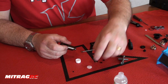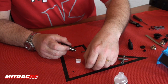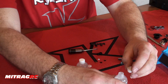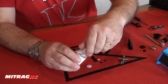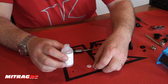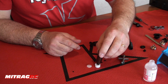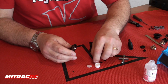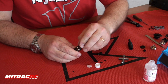and the rear piston is angled 1.4, and we will be using the 400 oil for this. So I try and keep all the oils together the same. So we use the 400 for this, and again just pour in the cap, a small amount of oil, and again just dip the bottom of the case in, rub the oil into there, then rub the O-ring with the oil you have on your finger, middle insert